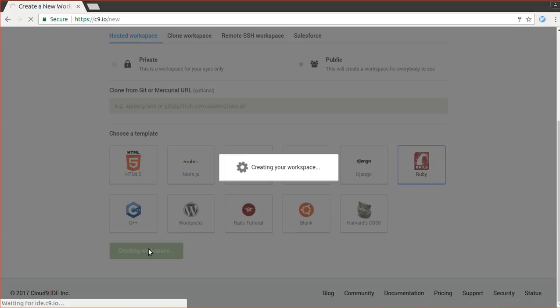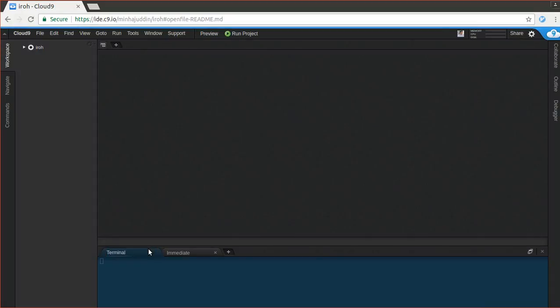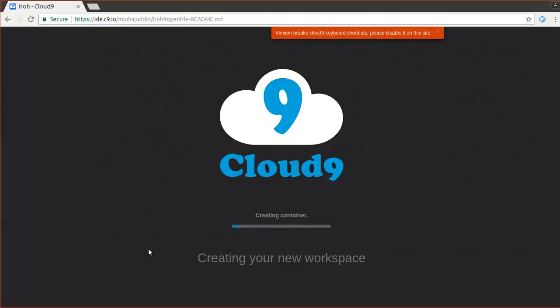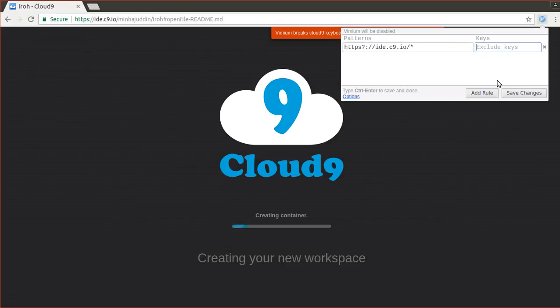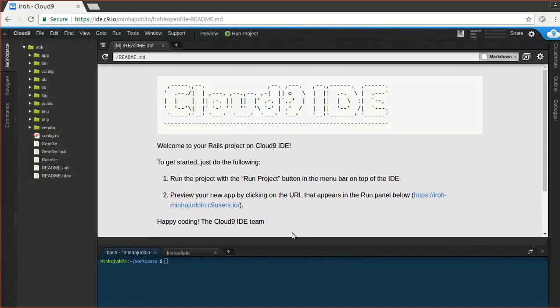Okay, so let's give it some time, and once it's set up, we will go ahead and create our application. Right, so this is complaining about Vimium, so I'm going to disable that, and it's loading our container. So awesome. So now we have our environment set up, and if you see, it has actually created